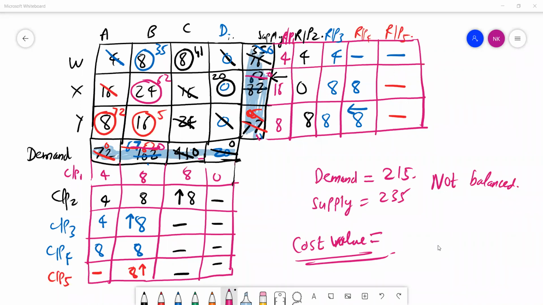Sir, will the syllabus be after the simplex method, or will it be included in this class test also? I didn't get what you asked. Sir, the course for the class test, will it include the simplex method and all? The simplex method, BGAM method will be there. I'm planning to include the BGAM method because that is the thing that you may not have much practice. So I will be including the BGAM method and then this transportation problem. Okay, sir.